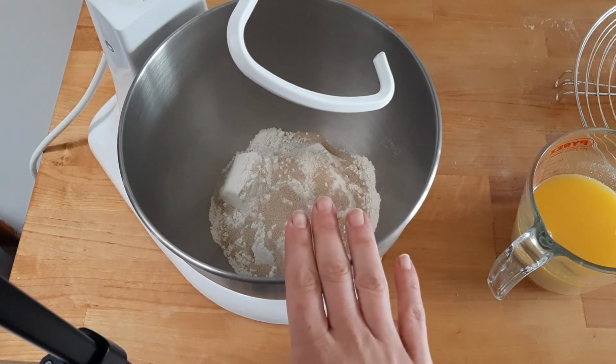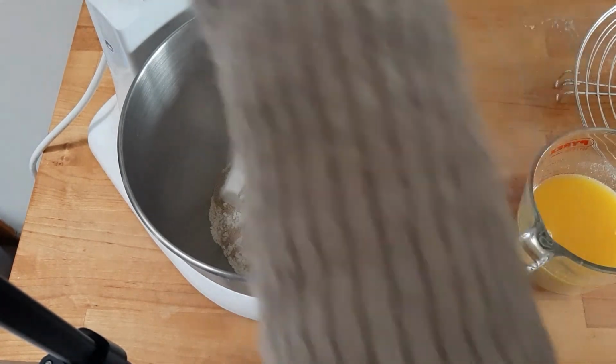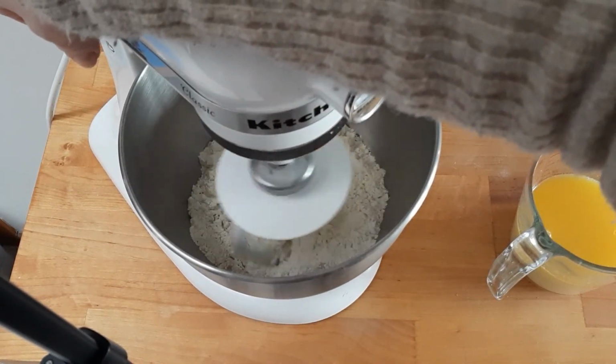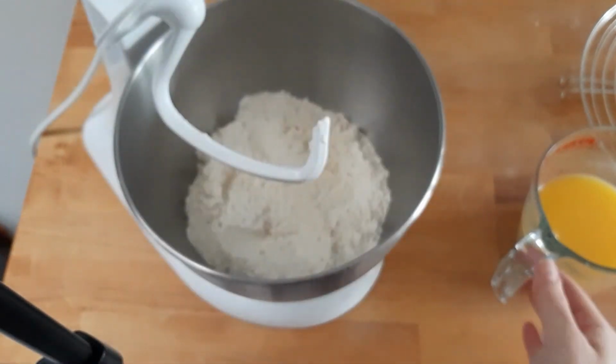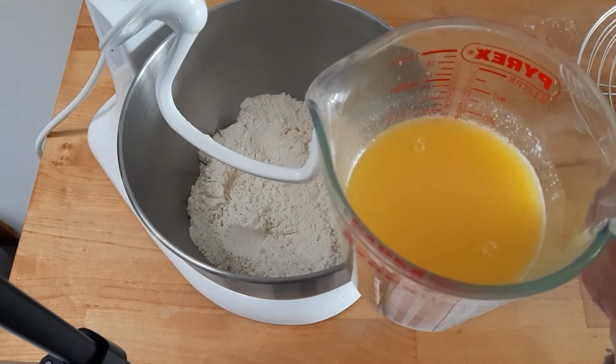What I have in my mixing bowl right now is my flour, my yeast, and my salt. I'm gonna give this just a quick turn in the mixer, just to mix it all together. That's all it took. And then what you see in this mystery cup of deliciousness is butter, honey, pineapple juice,